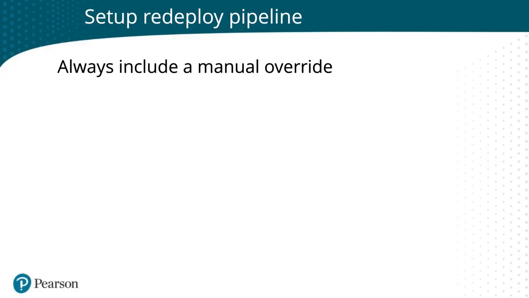So have that manual override, because one of the worst things that can happen is this whole redeploy pipeline just goes off and starts running on its own, and there's no clean way to shut it down, and you end up having to go into your cloud platform directly and shutting off different APIs. Maybe you close down some EC2 instances, delete some S3 buckets, but always have this manual override just to make sure you're safe.